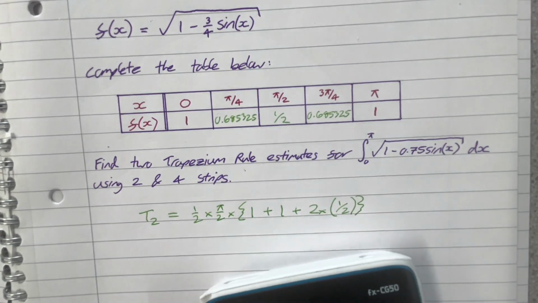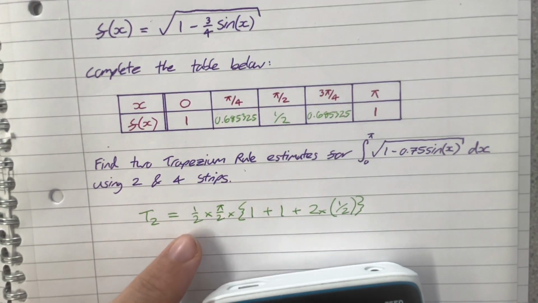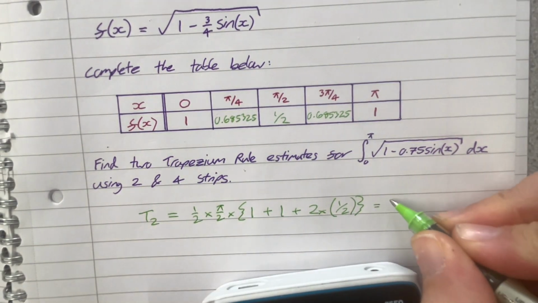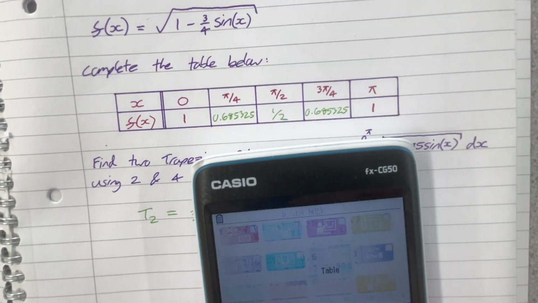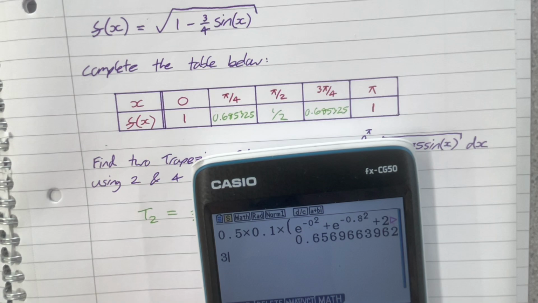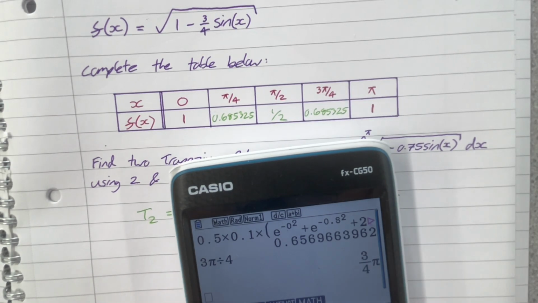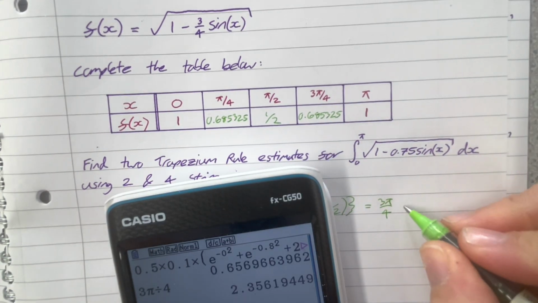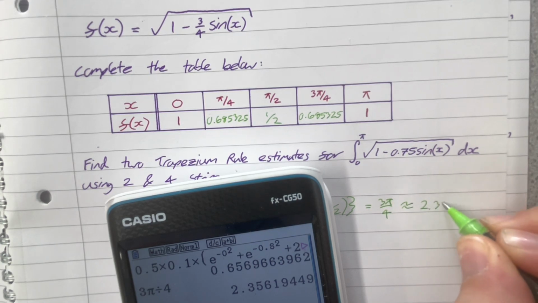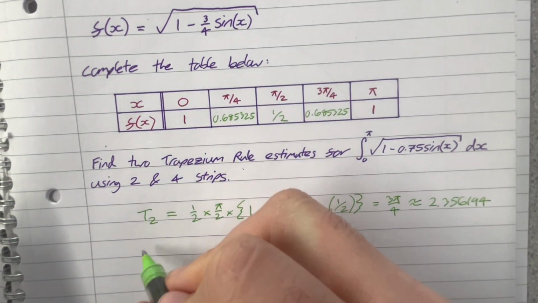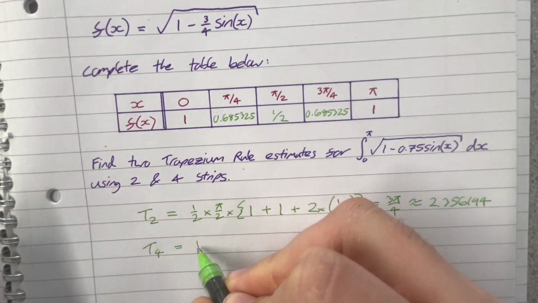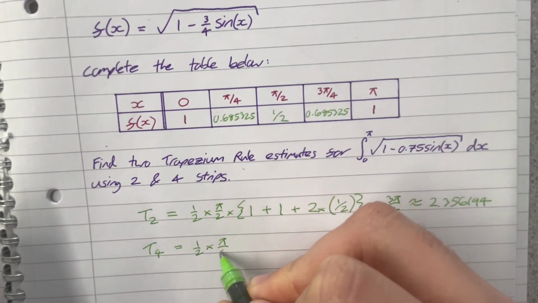So I've got 1, 2, 3 pi on 4. So go into computation mode, 3 pi on 4. That gives me an approximation of 2.356194 to 6 decimal places. And then T4 is going to be pi on 4